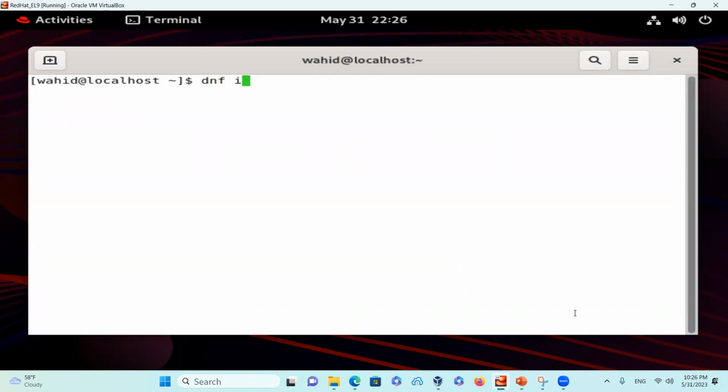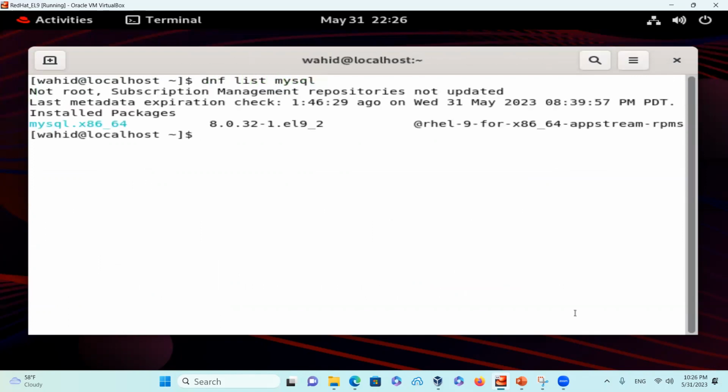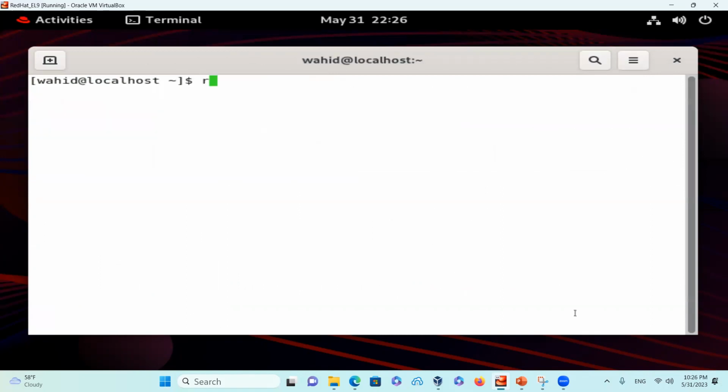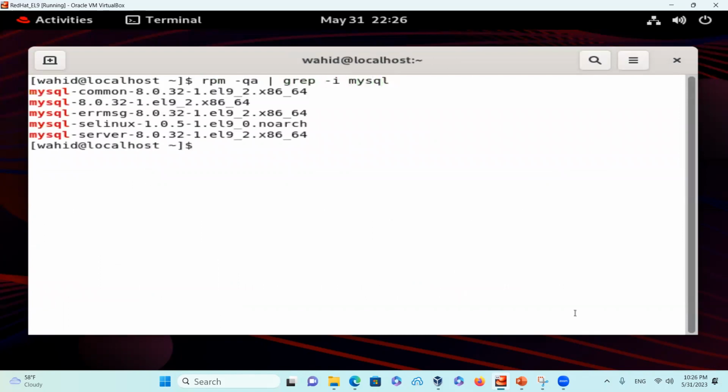If I do a dnf list mysql, you can see that those packages are there, and mysql-server also shows up. If I clear the screen and say rpm -qa | grep -i mysql, all the packages that I installed are listed here. I can even query those by doing a while read pkg,